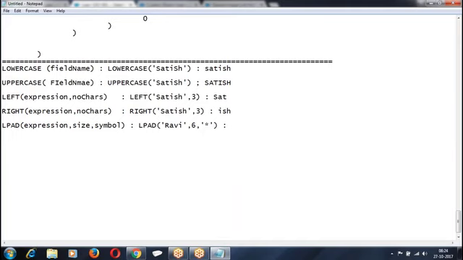If any blanks are there, fill them with a star. This is how we got it.